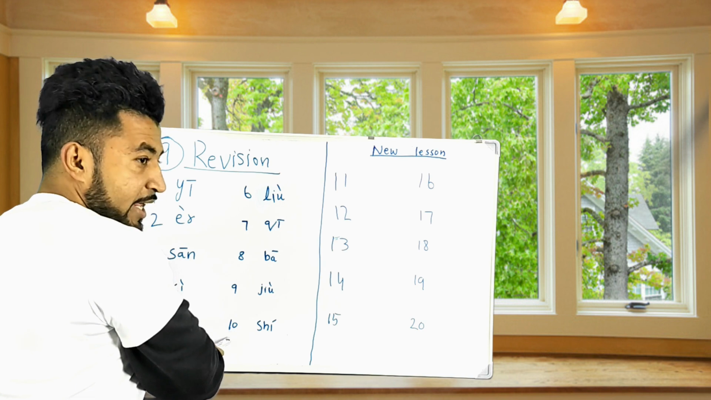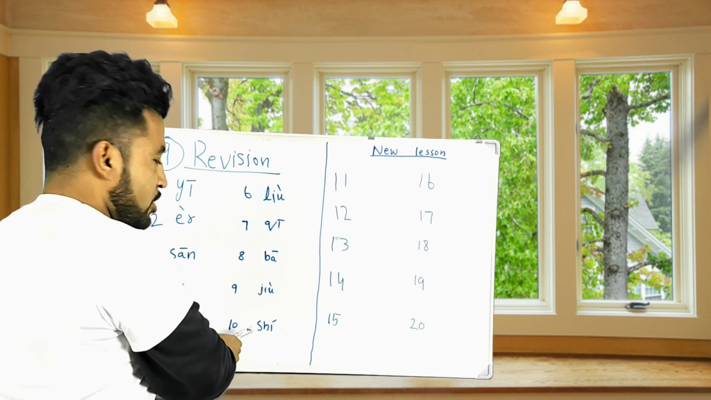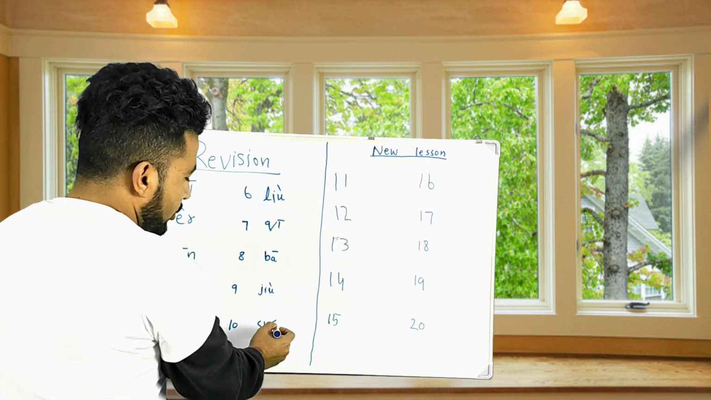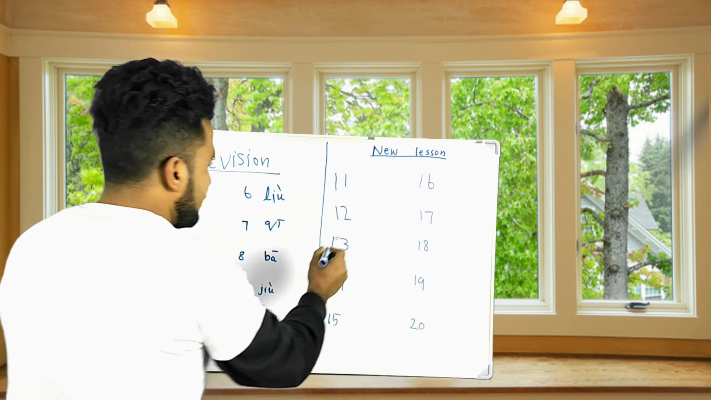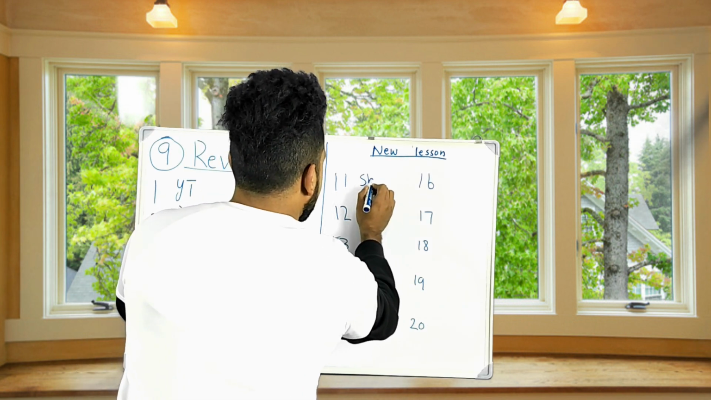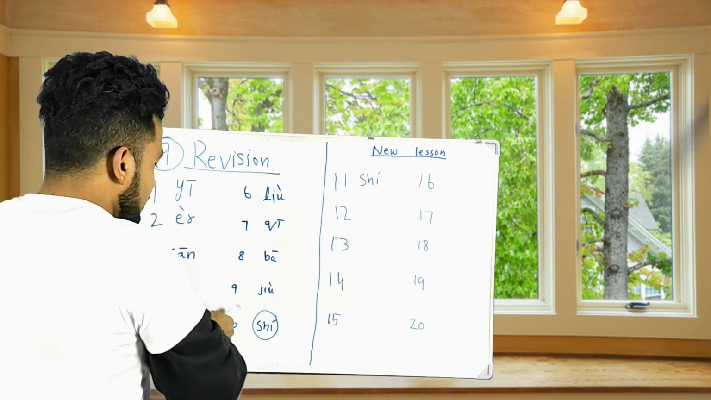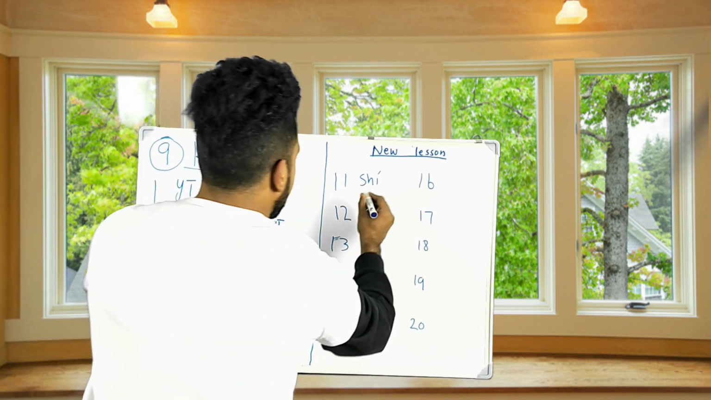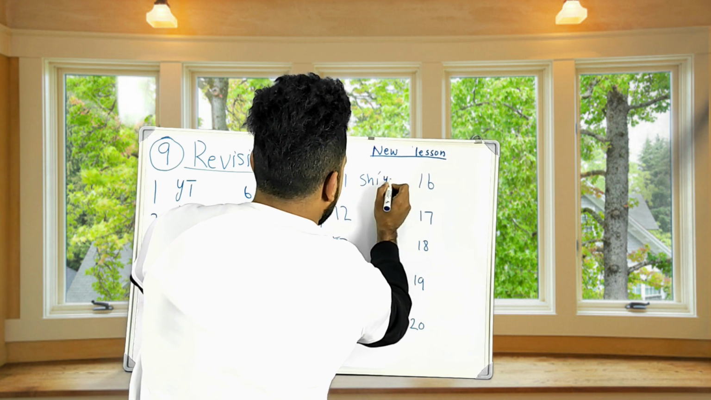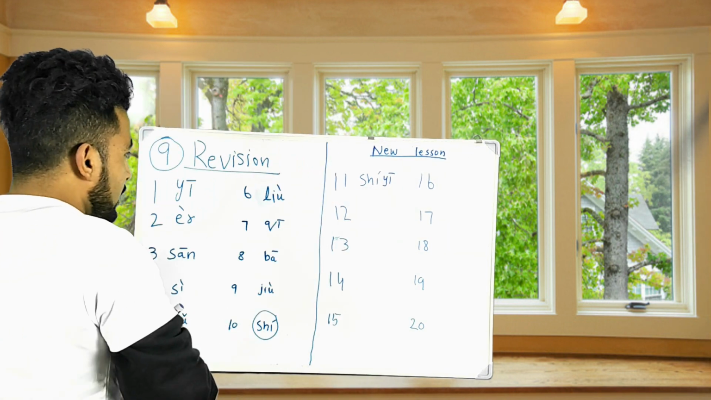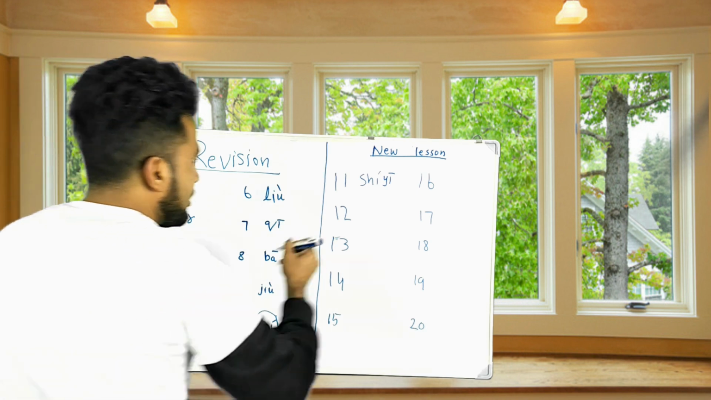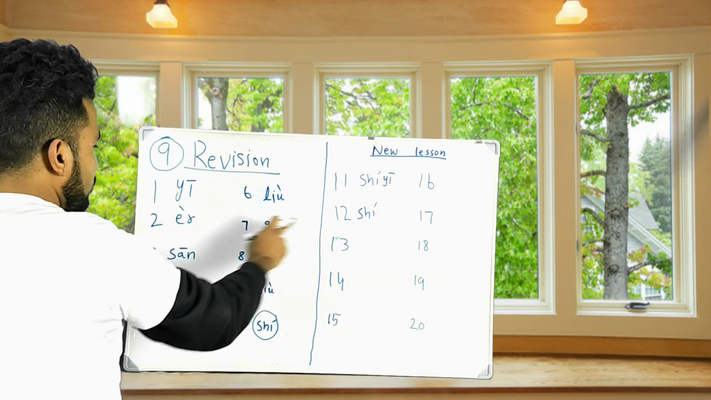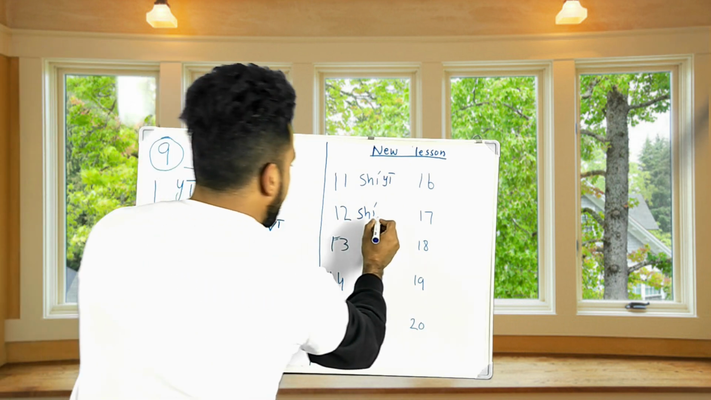So we have learned the 10 means shi, we can say shi in Chinese. So now 10 plus 1 is equal to 11. So we will take this shi. This is 10, we speak in Chinese shi, and 1 we say yi. So 11 is shi, yi. Again, the 10 is shi here, shi, and 2 is er, shi, er,